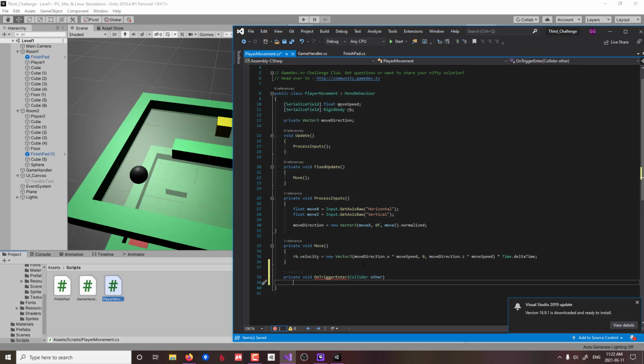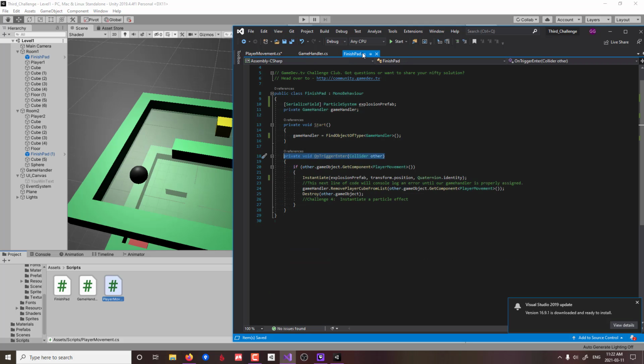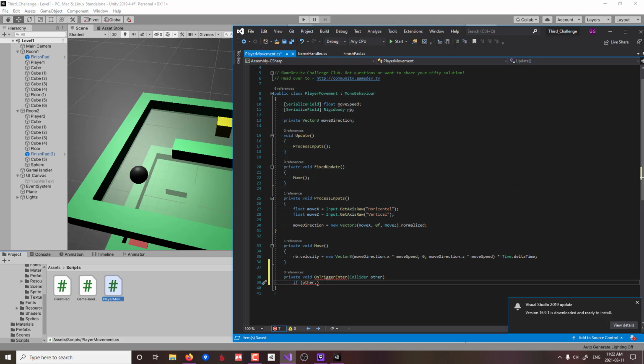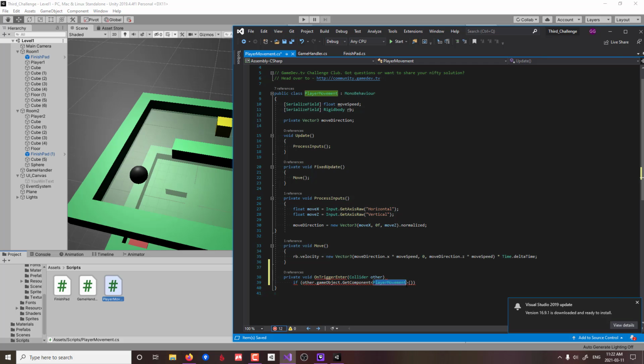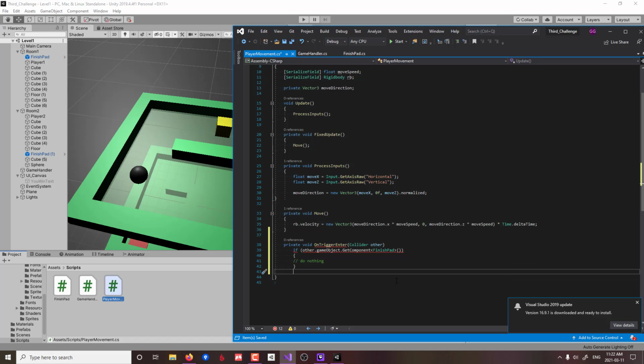And I'm going to check to see if the thing that has been collided with has the finish pad script on it. I'm basically just going to be copying this code over and changing it a little bit. So if the thing that's being collided with has the finish pad script on it, then it's basically do nothing. Well, it'll be doing something from the other script, but nothing that we need to worry about right now. And then else,